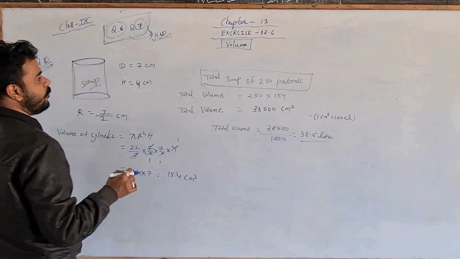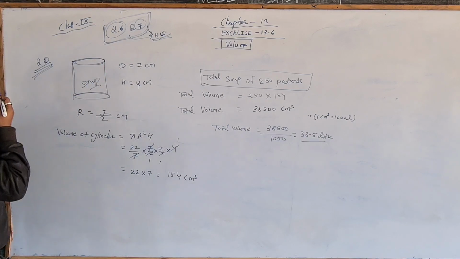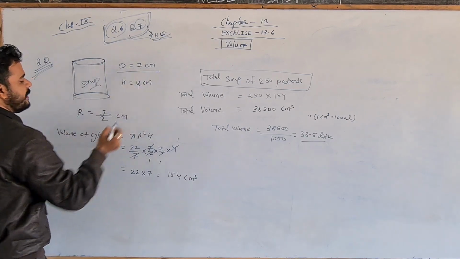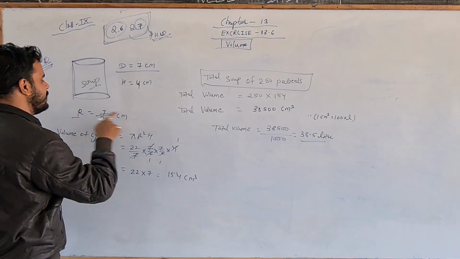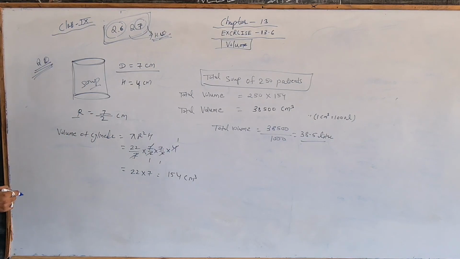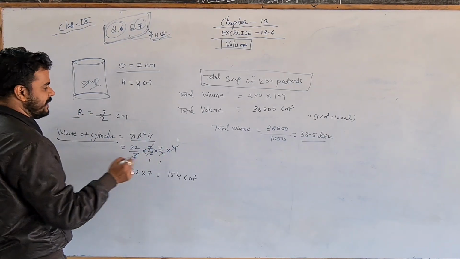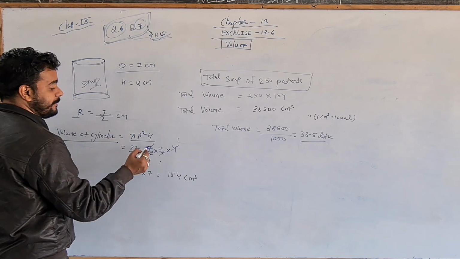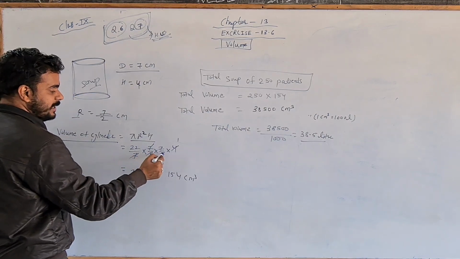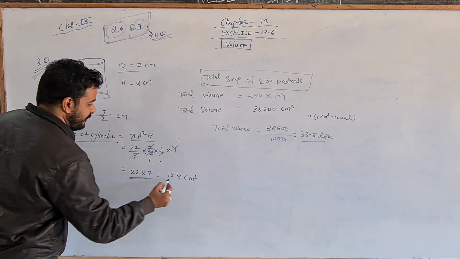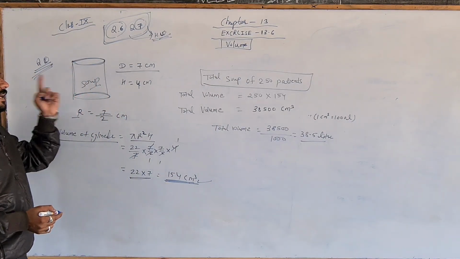First of all we need to find the soup required for one patient. It means the volume of one cylinder. As you know the diameter is given as 7, so the radius is 7/2 centimeter. If the division is not completed, don't make the division, follow it as it is, 7/2. So the volume of a cylinder is pi r square h. Pi is 22/7, r square is 7/2 into 7/2, h is given as 4. 7 will be cut, 2 will be 2, and 4 will be cut. So 2 into 77, 154 centimeter cube is the volume of one cylindrical bowl.